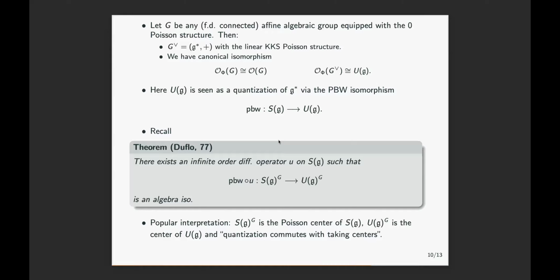Okay. Anyway, so that's kind of one common way to think about it. But somehow we kind of miss part of the structure. Here you're just thinking of G dual as a Poisson manifold, but not a Poisson group. It would be nice to have somehow this duality somewhere.